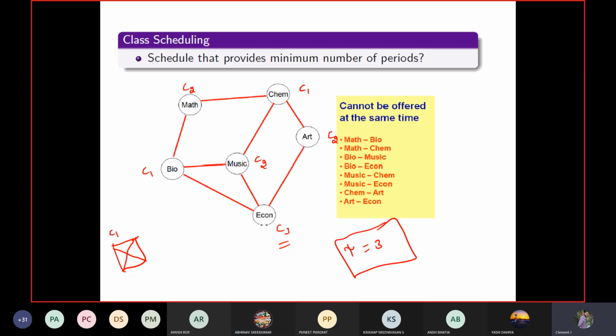Here, this is C1, so I should not use C1 here. I should use C2. Next, C1 is there, so C2 next. So here possibly I should use only C1? Is it allowed? If I put C1 here, it contradicts the definition of proper coloring as well as chromatic coloring. So C2 should also not be there. Very good.